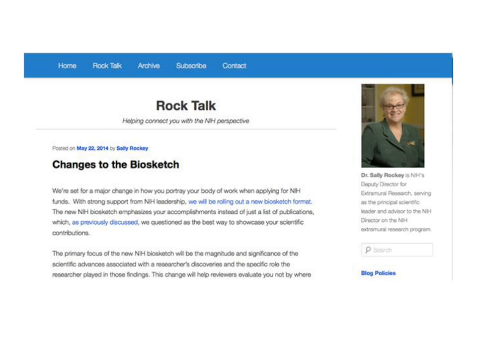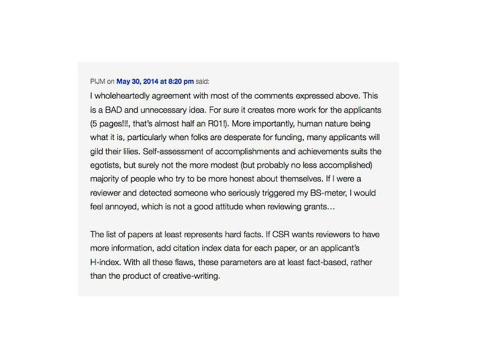And so what does this mean for scientists? Well, that depends on who you ask. There has been a lot of attention, a lot of it not necessarily good, to this change. Scientists are concerned about the work they'll need to put in to update their BioSketch for the format. They're worried about moving to what many have articulated as a sort of unfounded self-promotion versus the facts of a publication list.